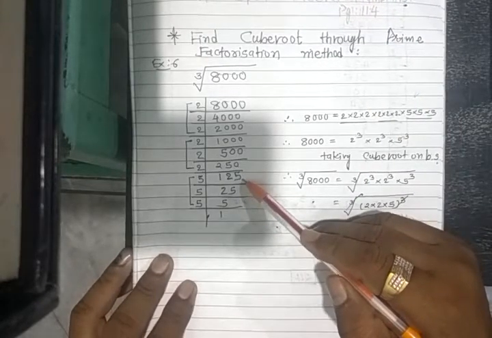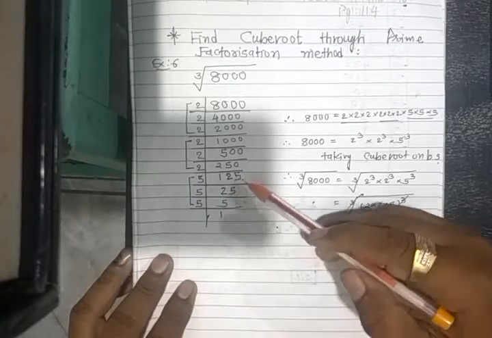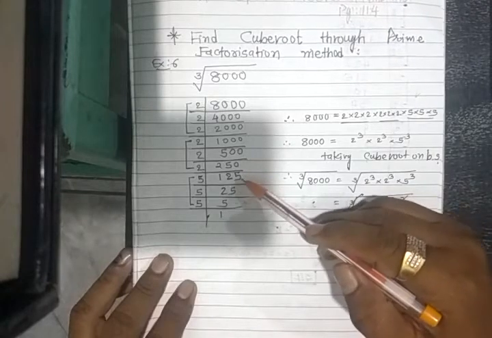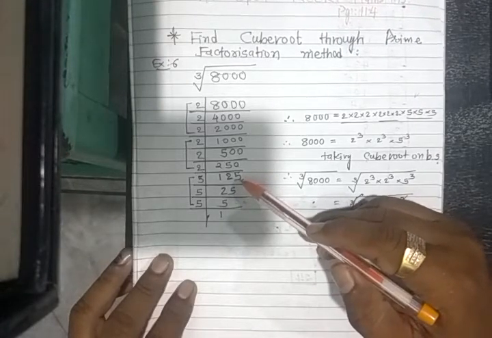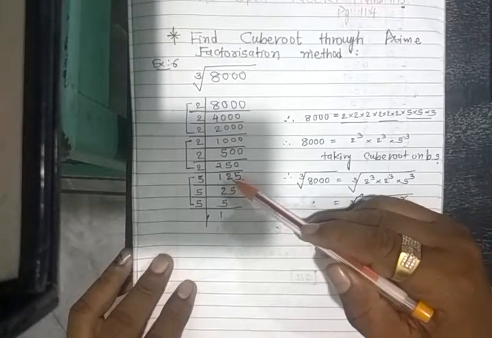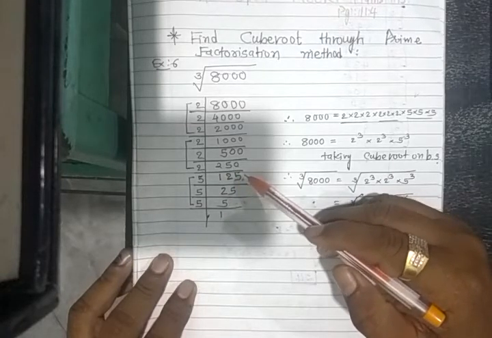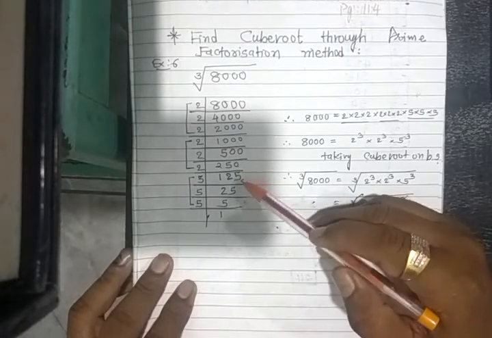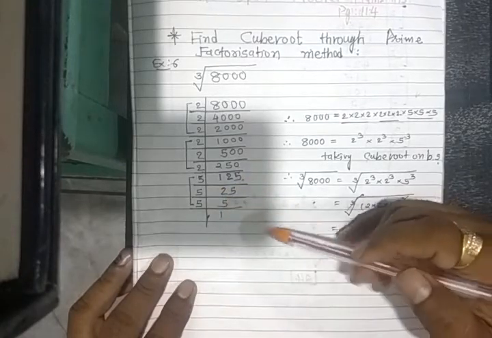So let's talk about the next, which is 3. But for 3 divisibility, the sum of the digits of the number must be in the table of 3. Here you see the sum is 5 plus 2 plus 5 plus 2 is 7, plus 1 is 8. So 8 does not divide by 3. So let's start with the next, which is 5. With 5 it is possible. 5 25s are 125, 5 5s are 25, and 5 1s are 5.